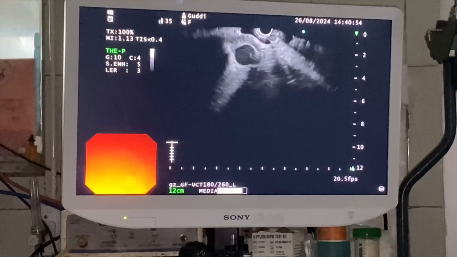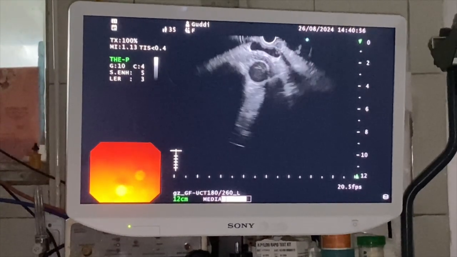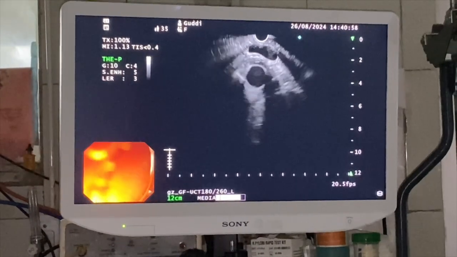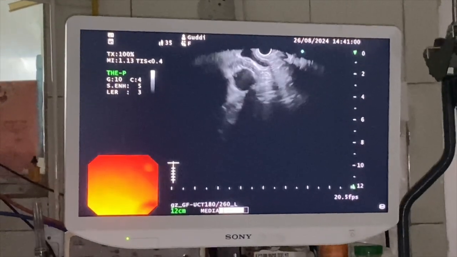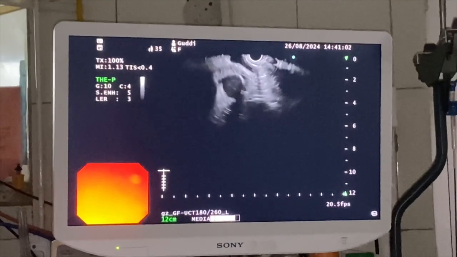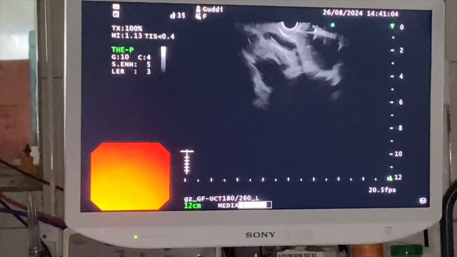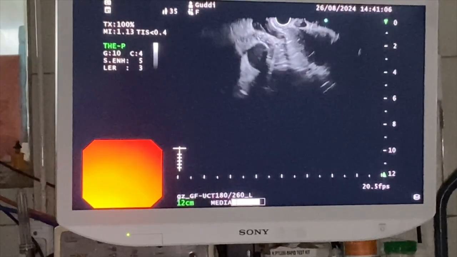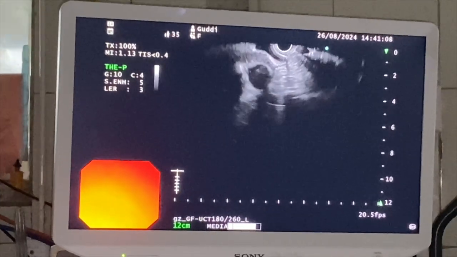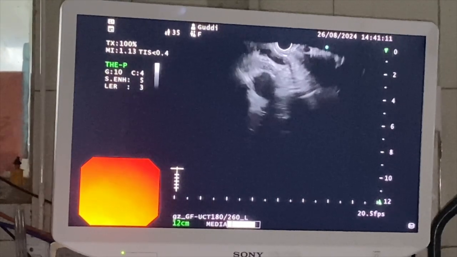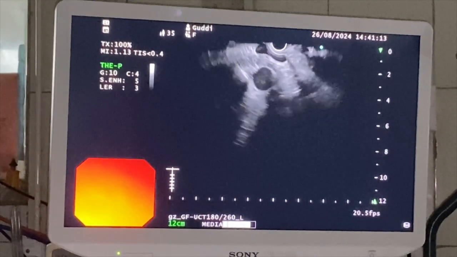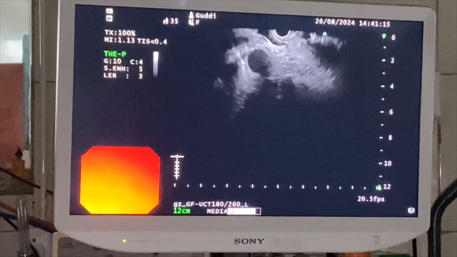This portal vein divides into two. This is done by gently moving the scope anti-clockwise,